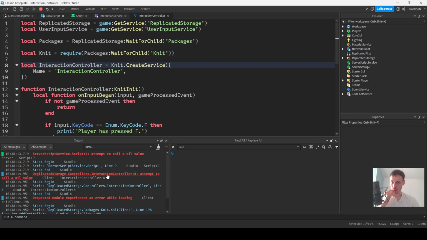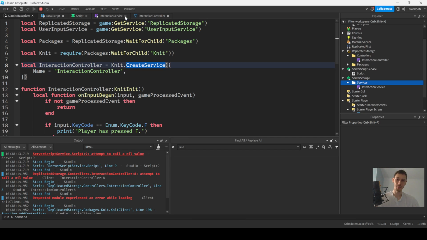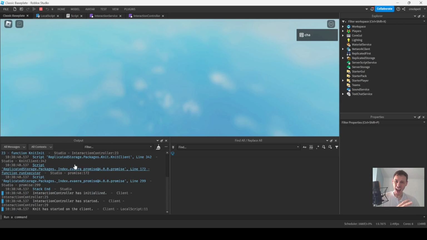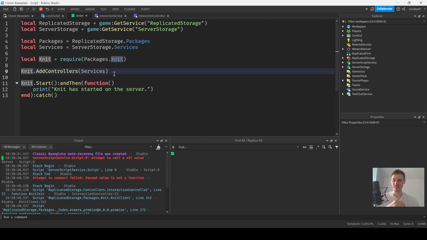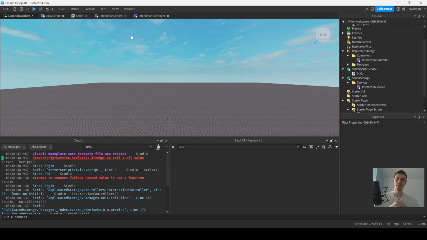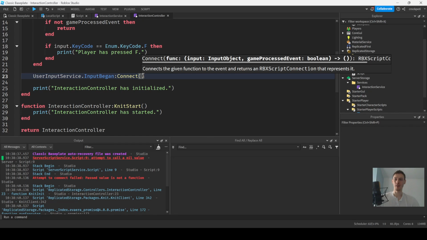Add, oh wait. Create service. Create controller, that's what we're missing. So let's go, boom, create controller. Create controller, there we go. That should fix that. All right, what are we missing? What's going on here? Attempt to pass. Oh, there we go. Okay, cool. So we didn't even hook that up yet. All right, so